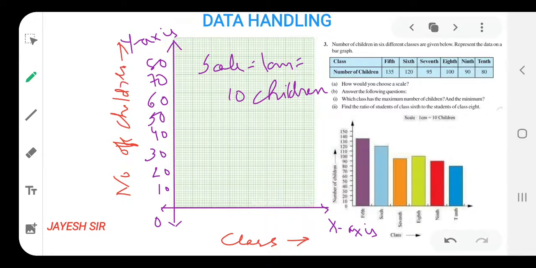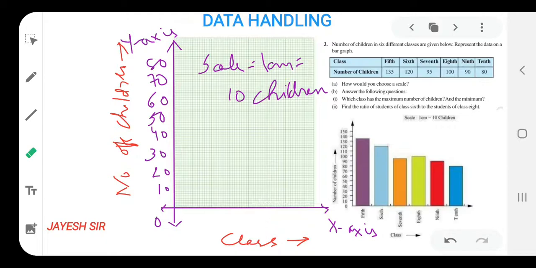I hope you all, and that is the thing that is to be mentioned over here, you can see. Yes friends, so that you can get the idea. That's why I have taken the bar graph over here, otherwise the answer is to be drawn over here. I have just written the answer over here so that you can get the idea of how to draw a bar graph in your graph book. I hope you all might be getting it. This would be the thing.